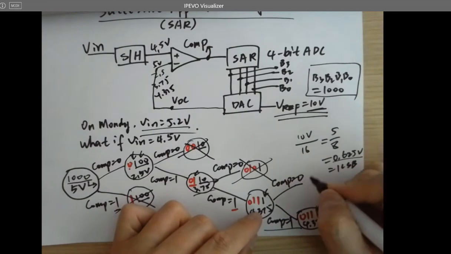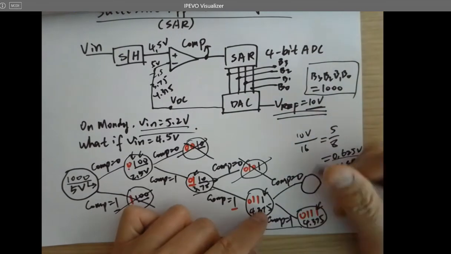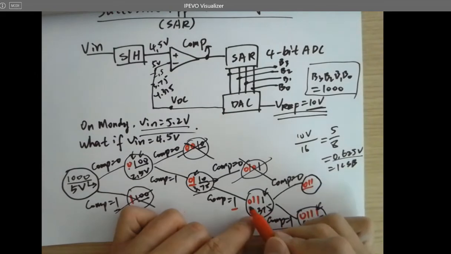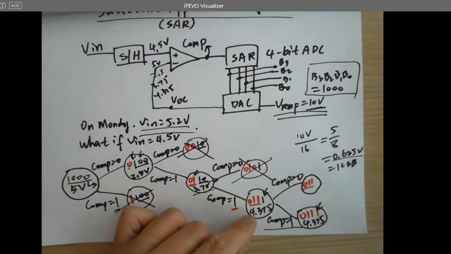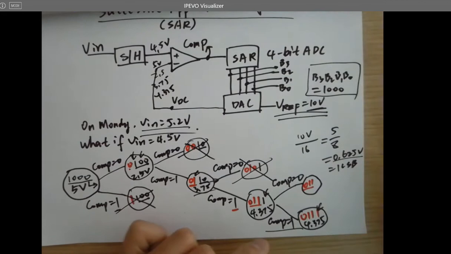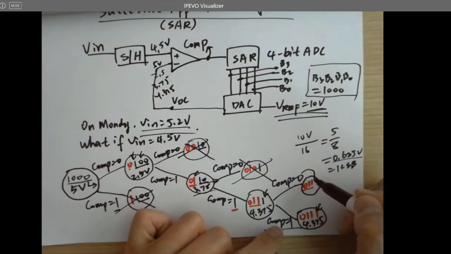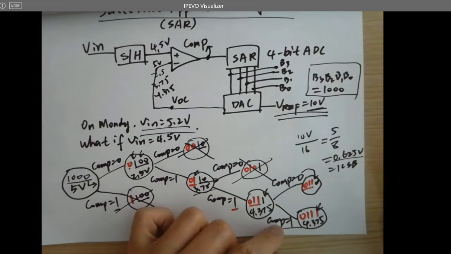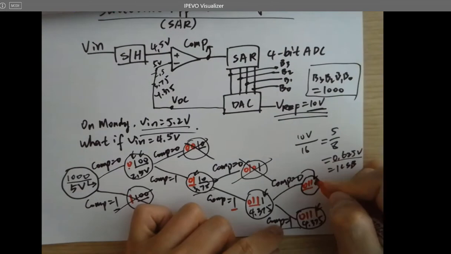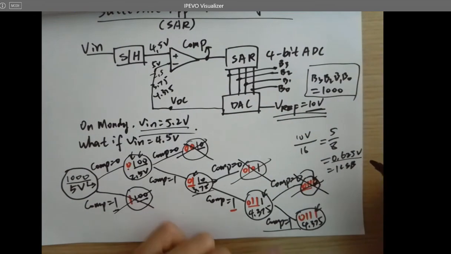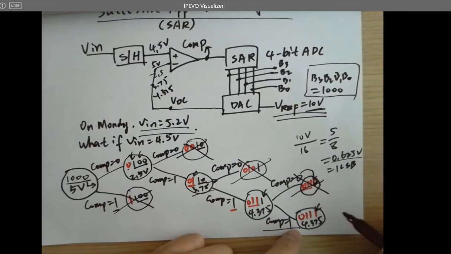So what is this here? 0, 1, 1, these were the previous comps, reserved. So what's the LSB here? If comp is 0, I know it's not the case, but if comp is 0, what's going to happen for the LSB? Just plug in the 0 here, right? So it should be a 0, but that's not the case, so ignore it. Won't happen. So this will happen. That's the final result